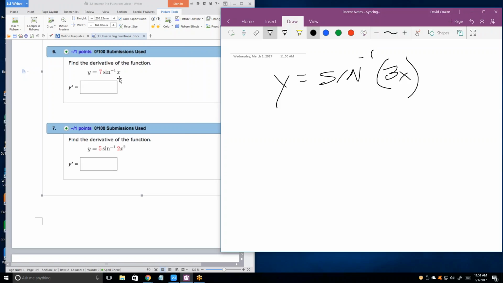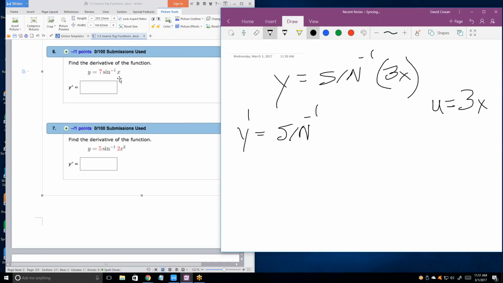Are you familiar with that concept, u substitution? Yeah, kind of. I'm not very good at it. So in this case, I'm going to let u equal what? 3x. Now when I take y prime, it's no longer a function of x, it's a function of u,